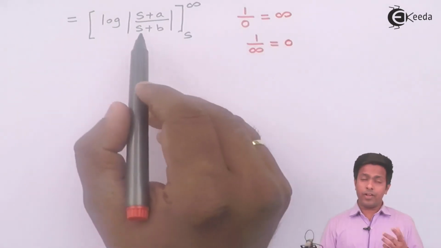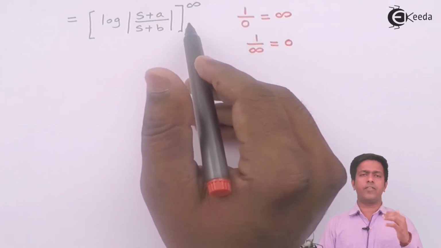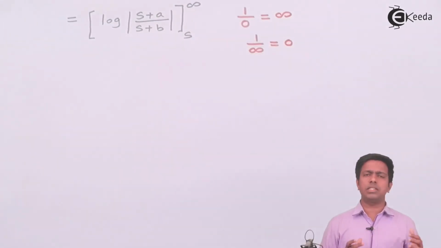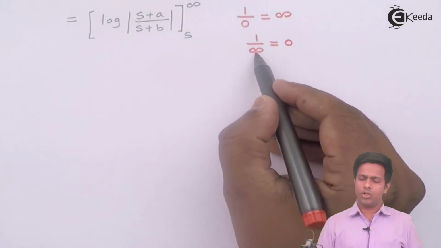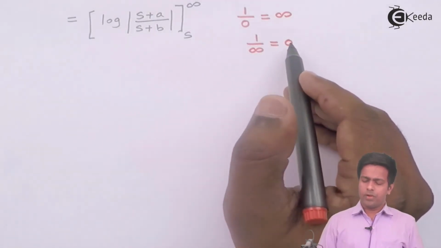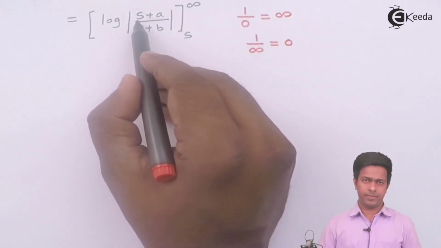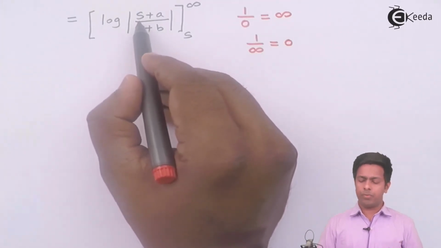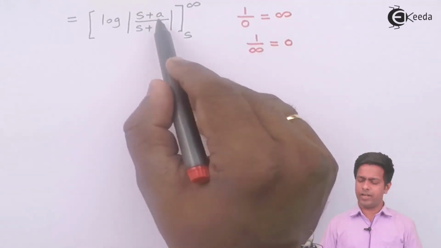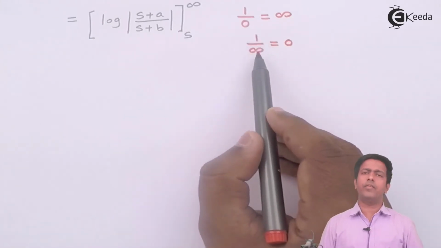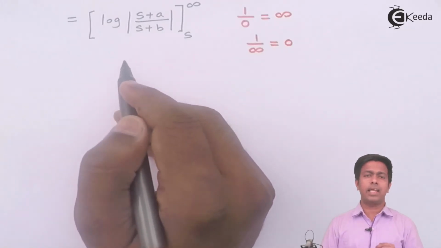So whenever you have any limit as infinity, what you have to do is you have to bring that infinity in the denominator, or at least you should adjust the terms in such a way that that infinity will come in the denominator, because once it comes in the denominator you will get answer as 0. So now I'm gonna substitute this upper limit and lower limit in s, because I'm integrating with respect to s, and that is why I'll try to bring this s in the denominator. So once it comes in the denominator, I can put s as infinity, and any finite number over infinity will give me 0. So for that, what I'll do is I'll divide numerator and denominator by s.